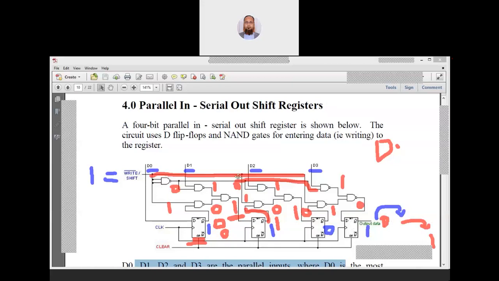Just don't get confused with the number of signals. I advise you to write out these signals by yourself. Draw the circuit diagram on pen and paper, and then do the operation by yourself. That will make you understand, and you can explain it and write it in your own words after understanding it. Okay, so